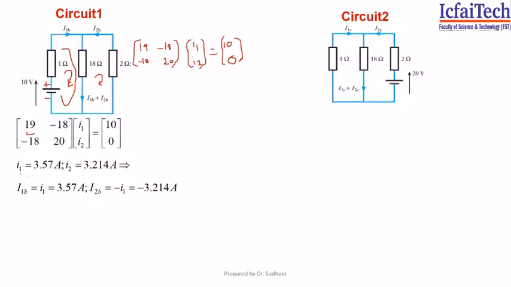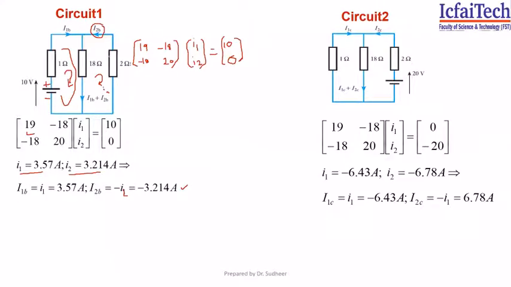So on simplifying, you can use your calculator or you can use Cramer's rule. You will get I1, I2 as 3.57 amperes and 3.214 amperes. But what I am interested in is I2B, right? I1B is 3.57. I2B, as given in this circuit, is opposite to your I2. So I2B is equal to minus of I2, that is minus 3.214. So the total current is I1B plus I2B, that is 3.57 minus 3.214